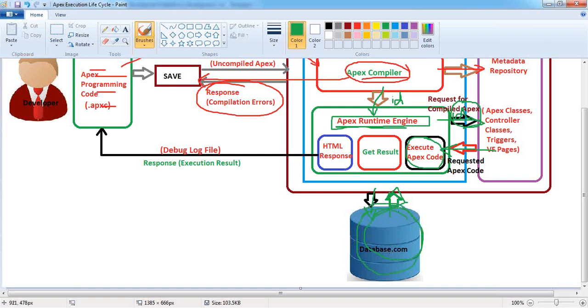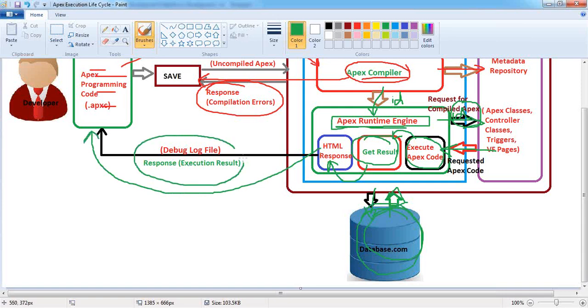Once the operations have been performed, it is going to generate the result over here. Once the result has been generated, I need to send it back to the developer, where the user can see that result inside the browser. Because the user is not using any command from any editor, the user has to see the result inside the browser itself. If you want to show some information in the browser, then that content should be in HTML format. So whatever result has been generated will be converted into HTML format, and that HTML response will be sent back to the developer by writing that information inside a file